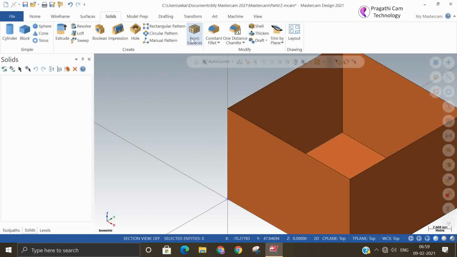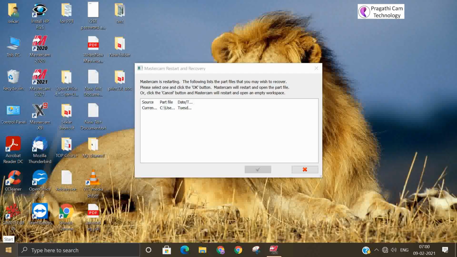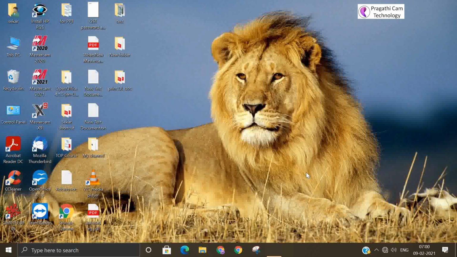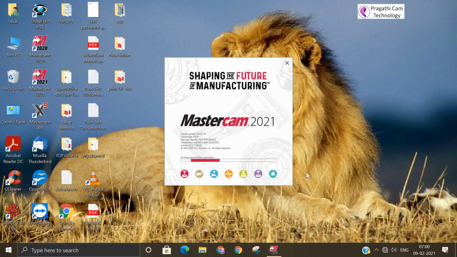Okay, again will something get hanged, I think so. Okay, it is hanged only. Okay. So from sheet solid, we can give thickness to the sheet solid. So that is the use of thicken command.